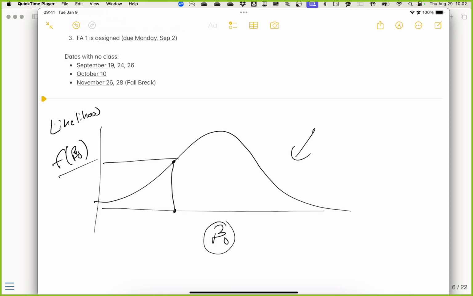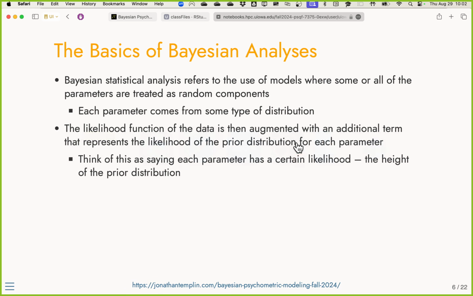So when you're at a tail of a distribution, like if we picked a parameter here and we compare it with a parameter here, the parameter with the higher part of the curve is more likely to have occurred. That's all we're saying. So when I say likelihood, when I say distributions, this is what I'm referring to. I hope that helps give a little picture to it. How are we doing so far?